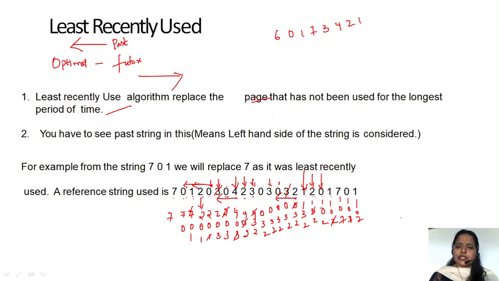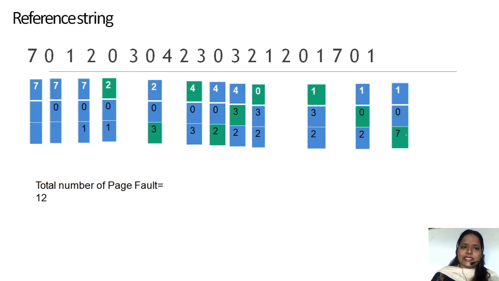Least recently used in the sense, as we are considering 3 frames, we have to check the past 3. So I'll show you the example here. Here 7 7 0, this is for this, and here 7 0 1, 2 I have to replace. So we have to check the past 3 steps, which we have used last, so 7. So this 7 is replaced with 2.